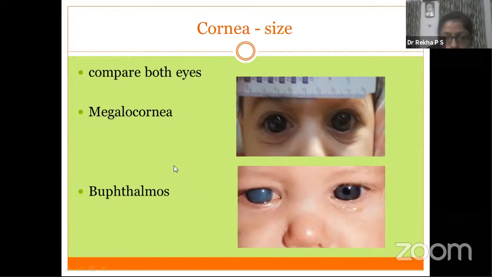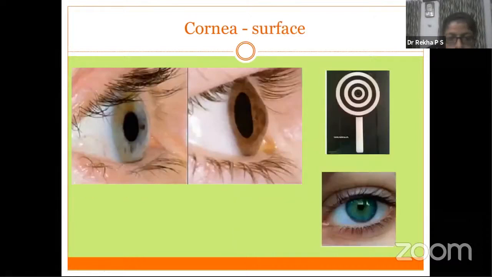You should ask for history of symptoms like watering, blepharospasm, or photophobia. And also in the cornea, you can get a corneal haze, and also look for the limbal enlargement that is specific for buphthalmos. So if you see symptoms and signs suggestive of buphthalmos, you should go for further examination like intraocular pressure and fundus examination. This should be done under general anesthesia.